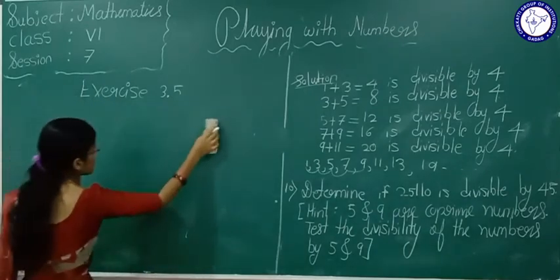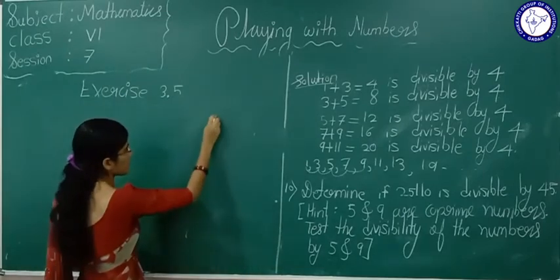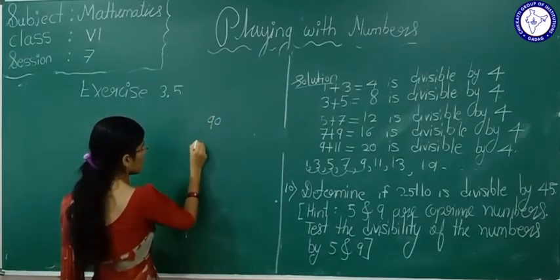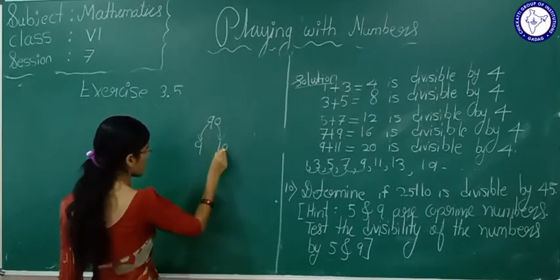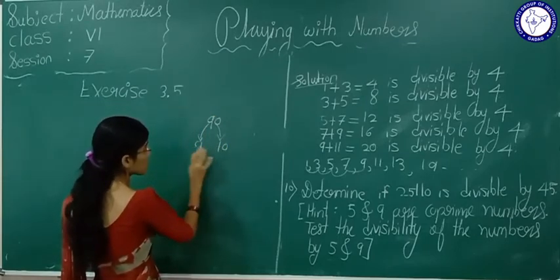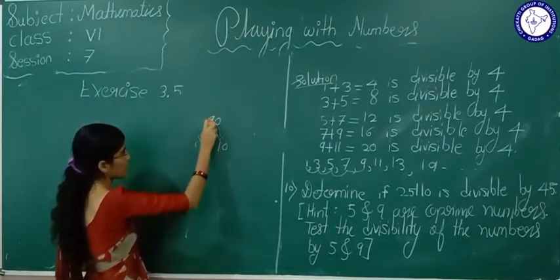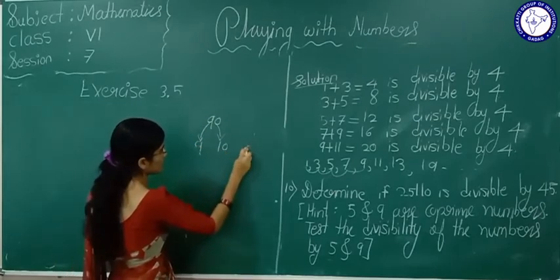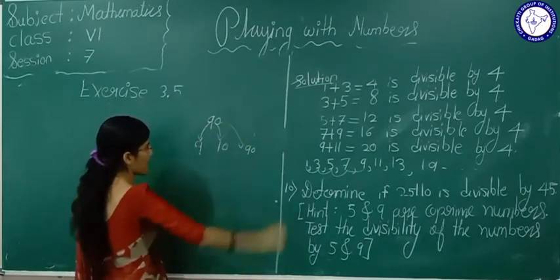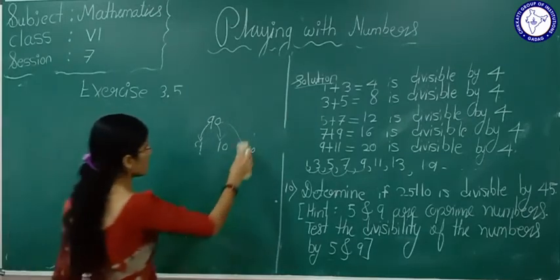See, in the last class what I told. Now say I gave an example, 90, okay, 9 and 10. 90 is divisible by 9, 90 is divisible by 10. If 90 is divisible by 9 and 90 is divisible by 10, and these should be two co-prime numbers, okay, then definitely, what is the product of these? 9 tens are 90, okay. 90 is divisible by 90 also. The same logic we have to apply here.